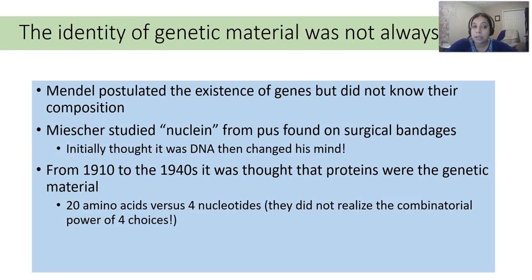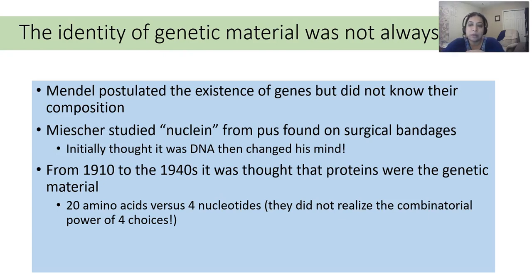Mendel first postulated the existence of genes, but did not know what they were made of, whether they were proteins or DNA or lipids or anything else. Others also studied this at the same time. Miescher studied nuclein from pus found in surgical bandages, and initially thought it was DNA, but then he changed his mind and decided that's too simplistic. So between 1910 and the 1940s, the bigger thought was that proteins were the genetic material,